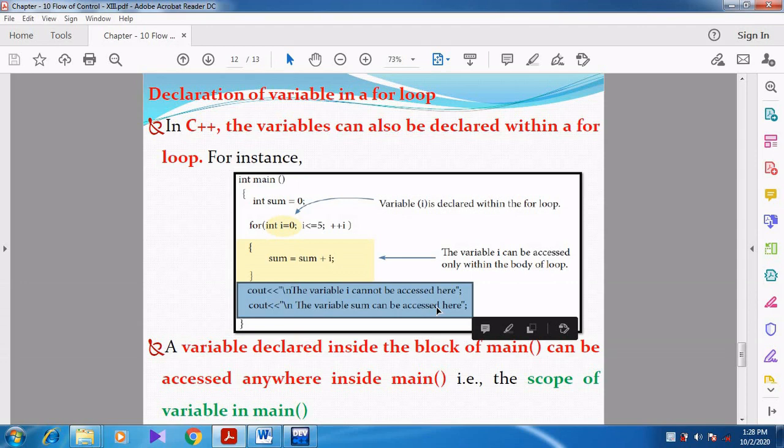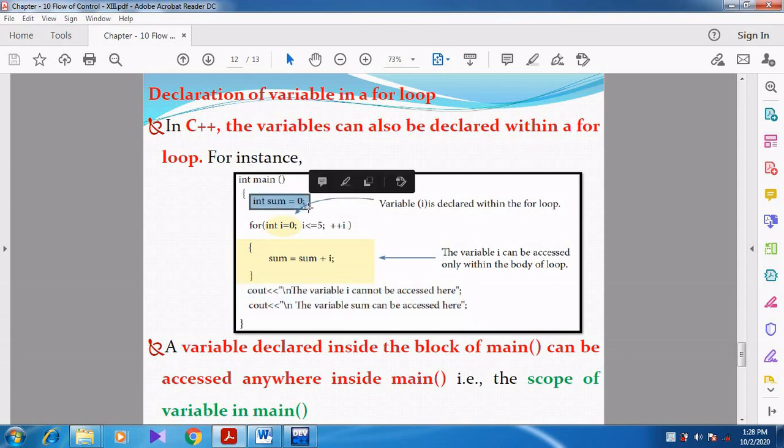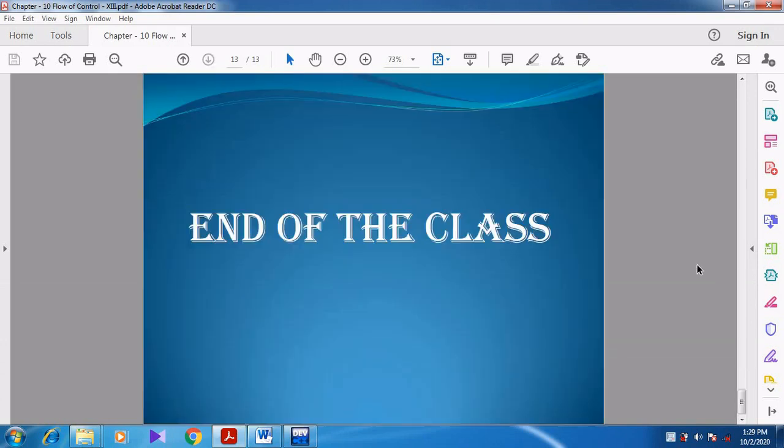But the variable sum is accessible outside the for loop also, because it is declared inside the main function. But i is declared inside the for loop. Can you understand, students?